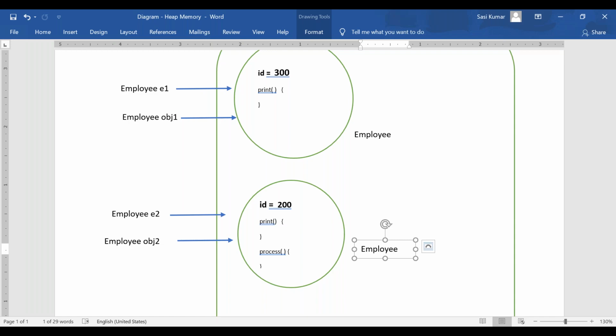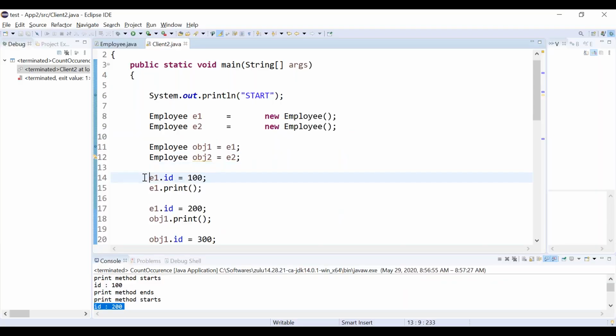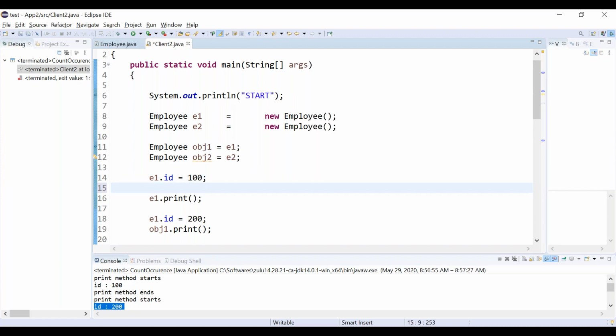Okay, fine. So this is how, if you change something in the E1 reference, let me make it very simple. We will change with E1 and we will change with obj2, obj2 dot id.